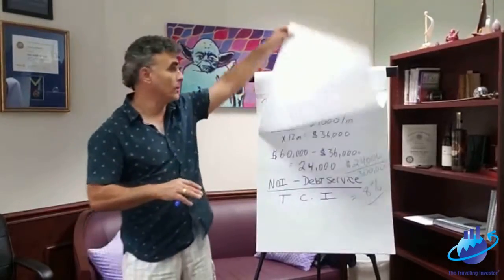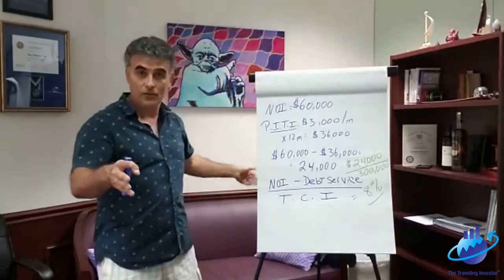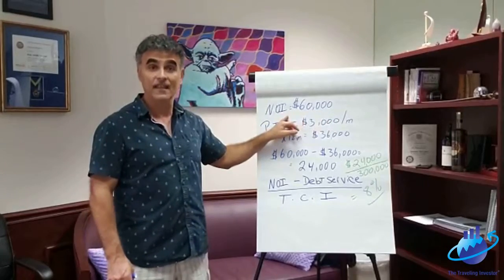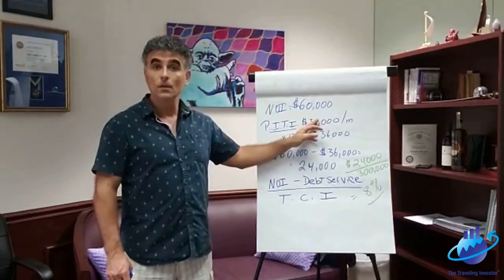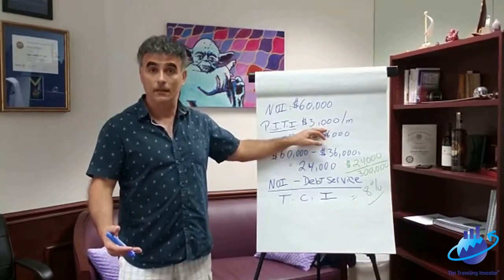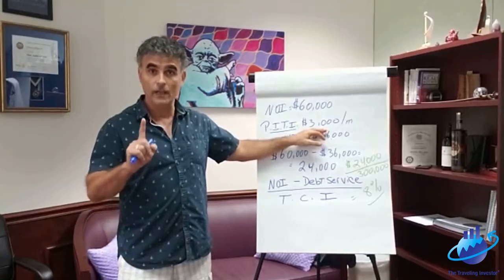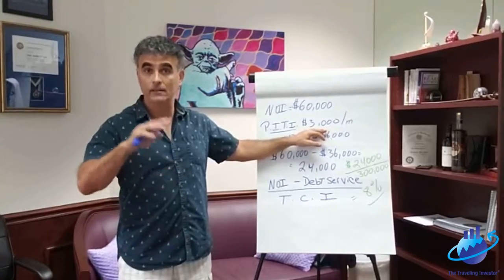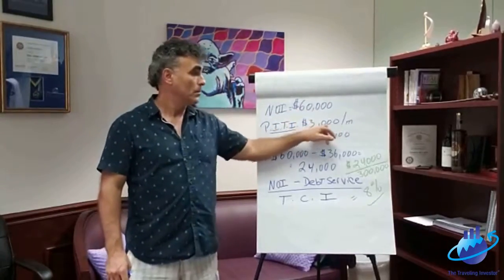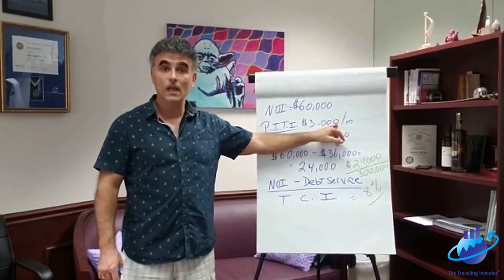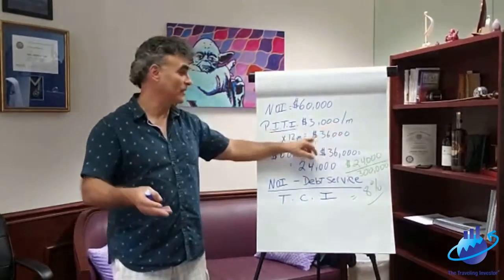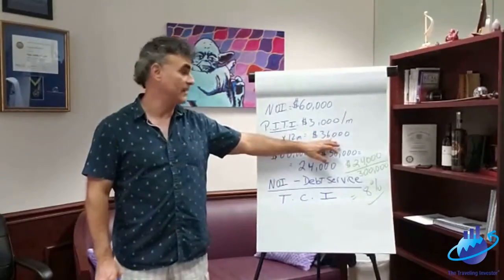Now let's take the same example and add a debt service, a mortgage payment. So we have the same net operating income, which is $60,000. Now our principal mortgage payment, our debt service, is $3,000 a month. Now we're taking just the debt service. We're not taking the taxes and insurance because we subtract that from the NOI. So our principal payment is $3,000 a month. And remember, we're taking the annualized debt service. That's right. So we multiply that by 12 and we get $36,000.